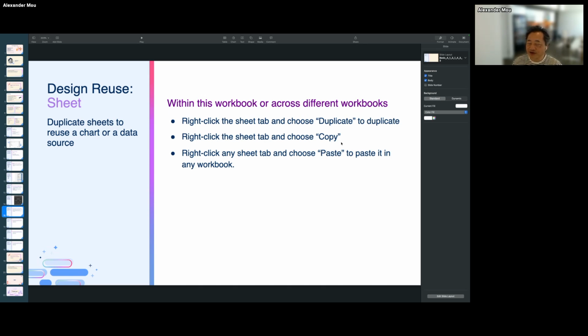So this could be a trick to copy the data source to a different workbook. We copy the sheet because the data source is part of the sheet, right? So that's how we copy not only a sheet, but also its data source and its formatting as well. Yeah, we can do that.